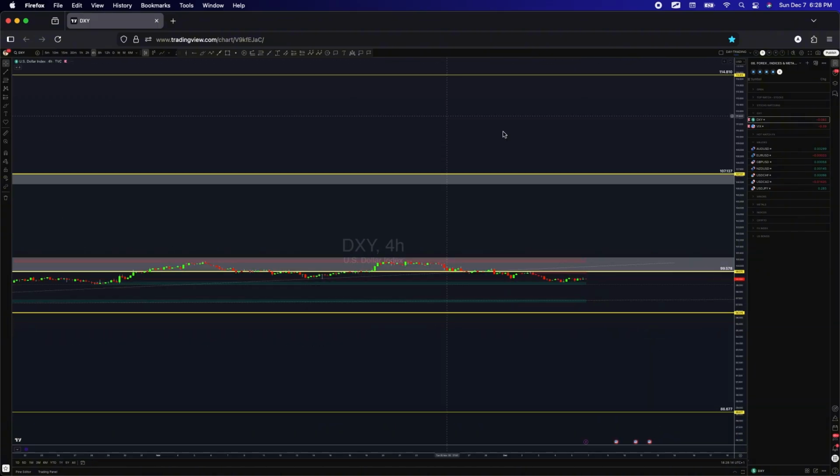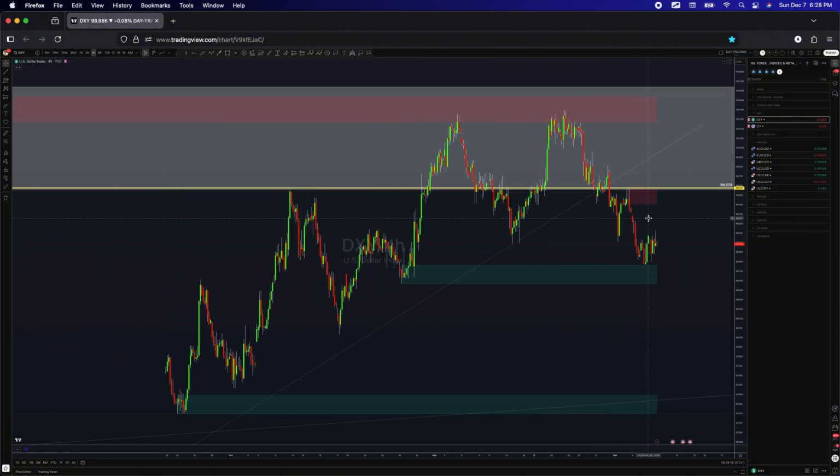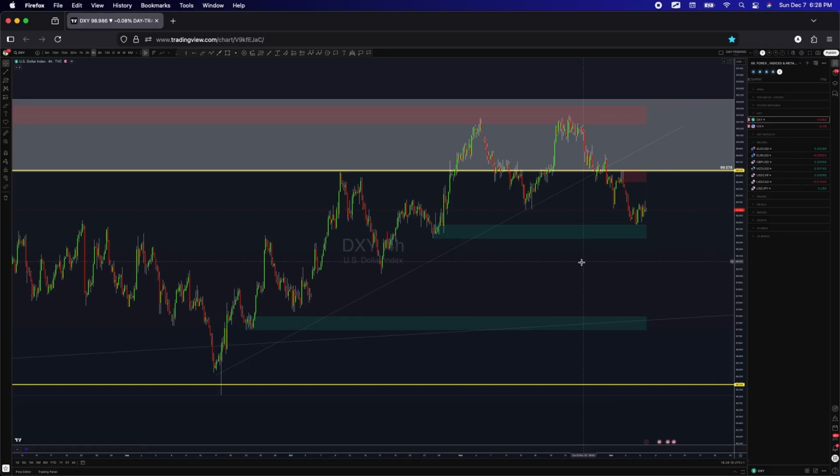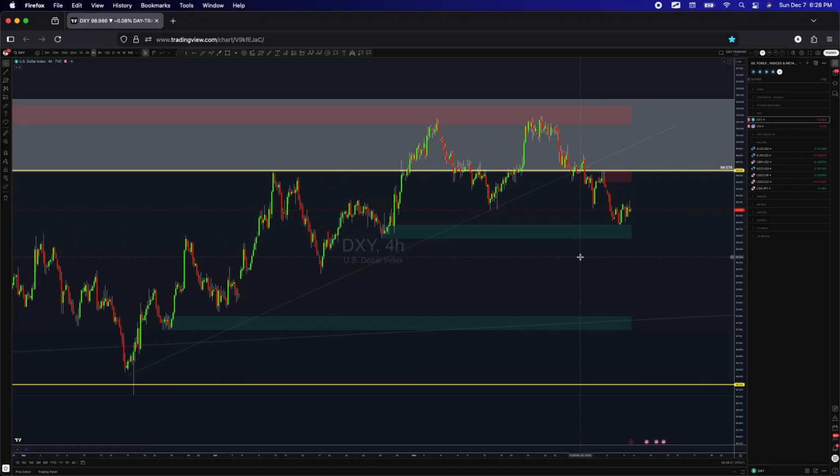So let's take it to the 4-hour time frame. Don't forget, we've only focused on the bearishness, on the technical, excuse me. We've not really talked about the fundamentals. So now, finally, we have a slight demand zone here. However, I'm not sure if this demand zone will actually hold the price for a very